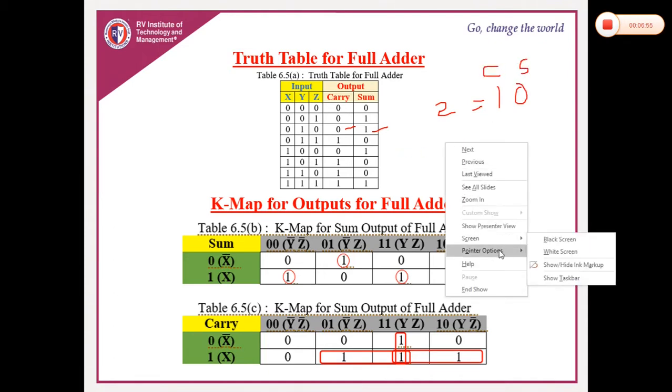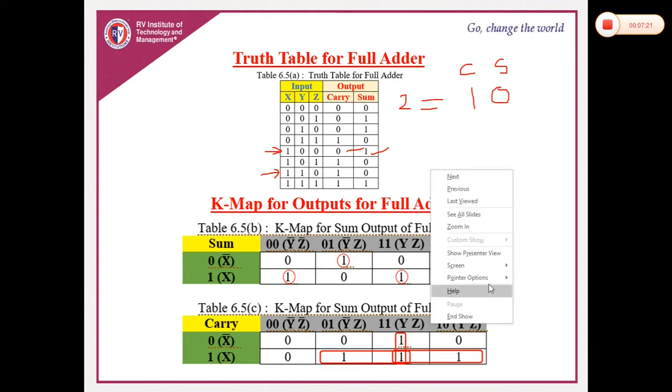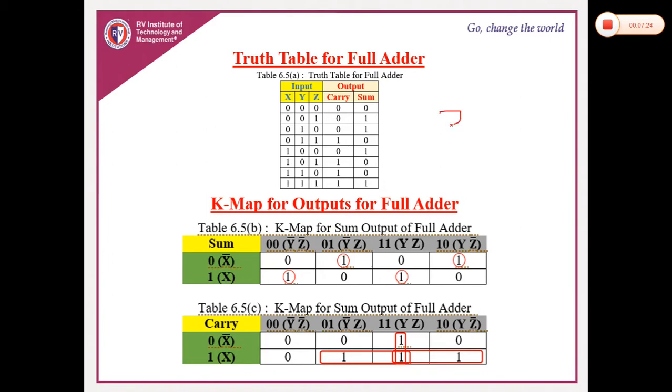Okay, then 1 0 0, what is this 1 0 0? Again it is 1, there is no carry. Next 1 0 1, which is 1 plus 0 plus 1 is 2. 2 means we represent it as 1 0, where this is carry and this is sum. Similarly, next combination 1 1 0, for that again we will get 2, which can be represented as 1 0, where 0 is sum, 1 is carry. Final combination we have 1 1 1, where 1 plus 1 plus 1 is 3, but how do we represent this 3? 3 is nothing but 1 1, where this 1 is sum, this is carry.